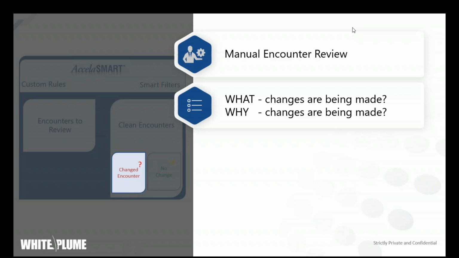And I eventually want to be able to ask, why are we making those changes? Maybe it's because we always have done it that way, right? Maybe it's because I know in my head that when Dr. Smith sees a patient with this particular diagnosis, he almost always orders this test. And I need to make sure that we bill for that,